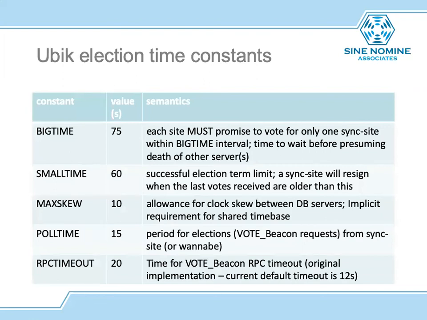Okay. This is kind of arcane, but this is the way that these numbers are determined. We'll look at it on the next slide. But these are what these names mean, or what the semantics of each of these constants are. And I guess the ones that are important to us are that the polls are held every 15 seconds, and that's normal. So if you bump up the logging level on a database server, whether it be a vlserver or whatever, past a certain point, I believe it's 5 from memory, then the log becomes very noisy because it's getting the results of the elections every 15 seconds.